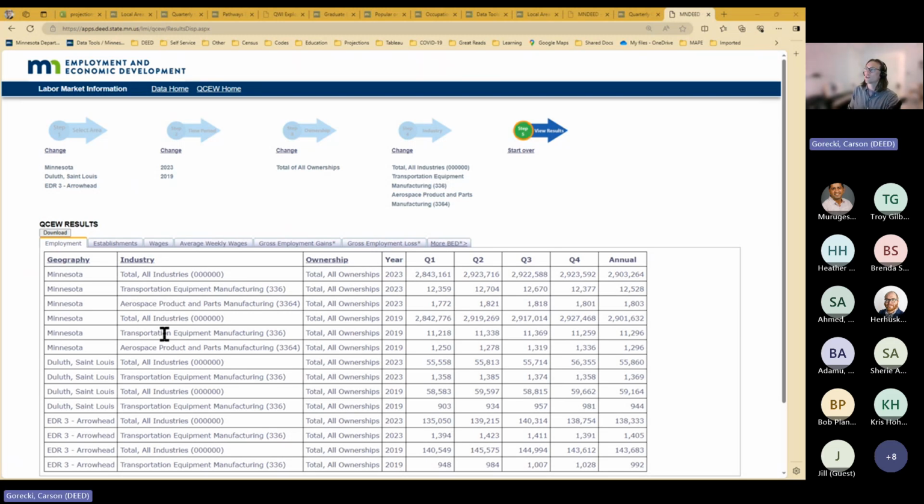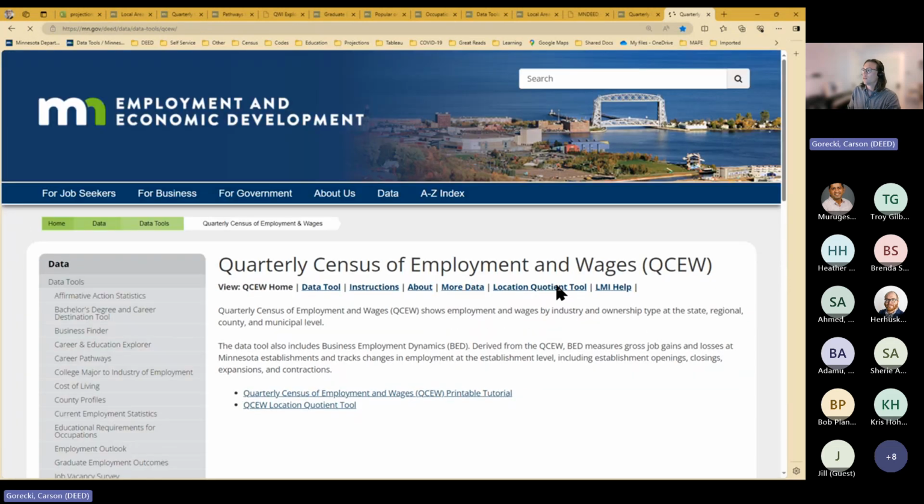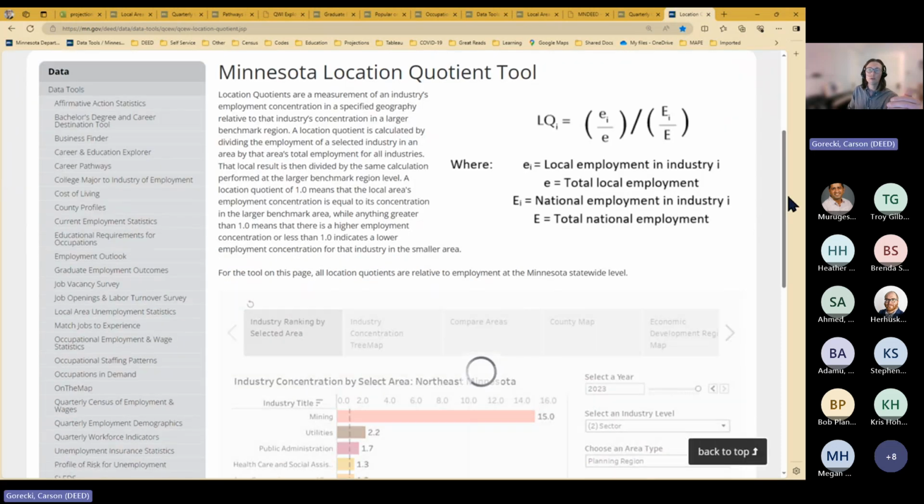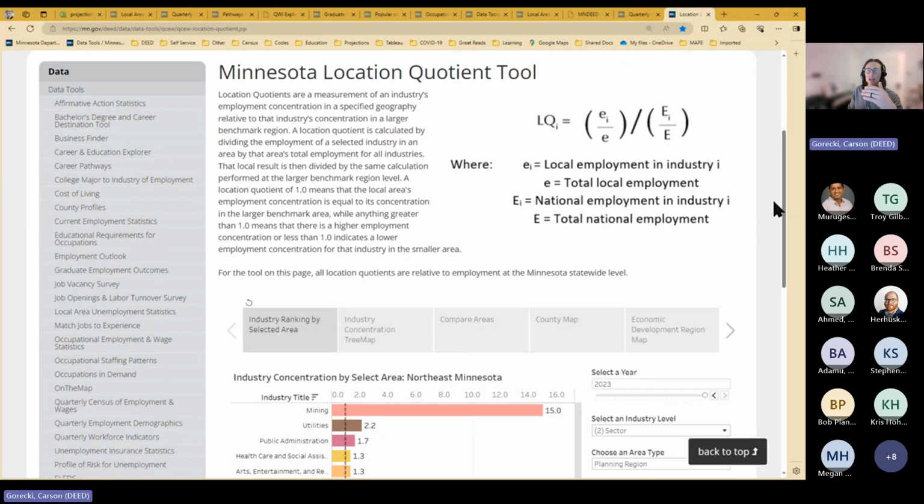Oh, I did promise to show the location quotient tool, so I'll show you where that is. Still feel free to ask any questions. So I'm going back to QCW home, and then the location quotient tool here in the top banner. This takes the employment information, and I have annual average employment data, explains what I'm doing here, but